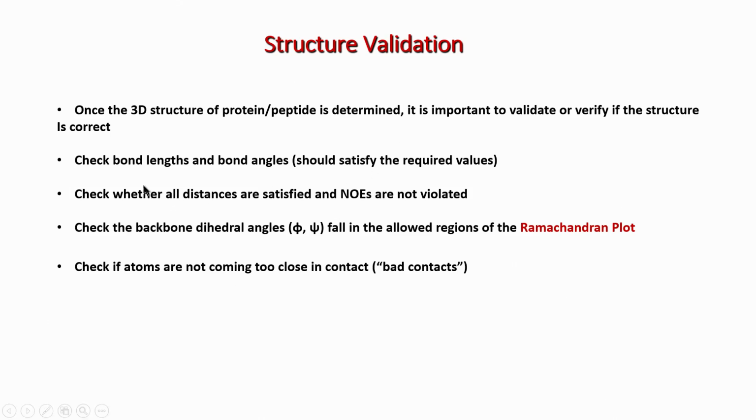So, what are the checks we do? Typically you check the bond lengths and bond angles, because a CH or a CC bond angle or bond length should not vary much even if you have an alpha helix or beta sheet. The CC angles and bond lengths are normally fixed whatever structure you take. So, one should check whether the structure you have got at least has the correct values for these angles and bond lengths.